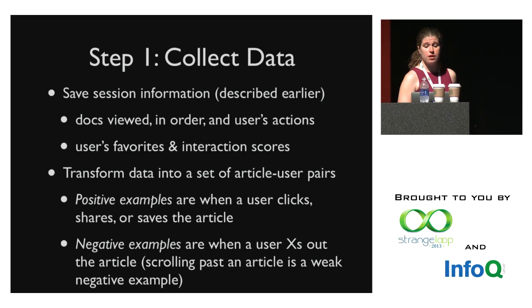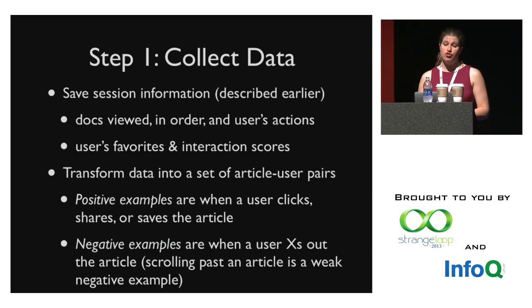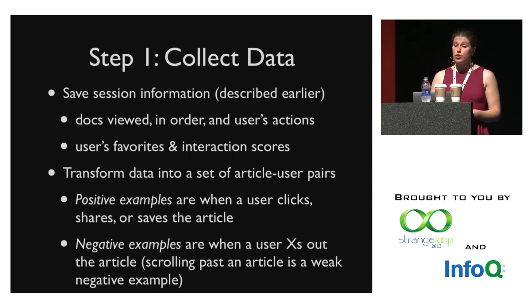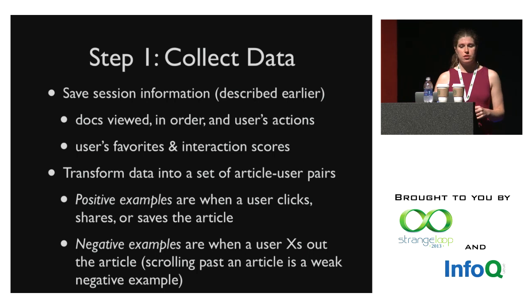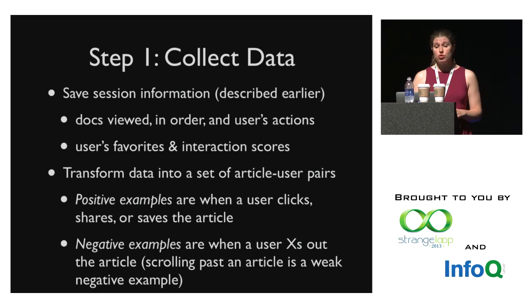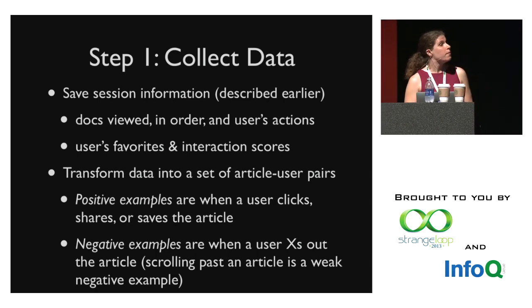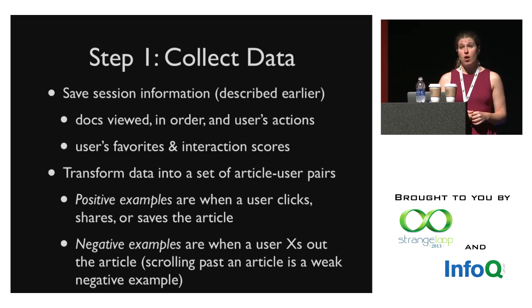Our first step was to collect data. This is more than just user-article interaction triplets. We need to know the state of the world at the time the user saw that document. What were the user's favorites? What were the user's per topic and per publisher interaction scores from previous interactions? What was the social activity on the article at the time we had to make a decision? All articles will start off with no social activity, and so we need to learn to identify promising stories even if there's no activity on them.